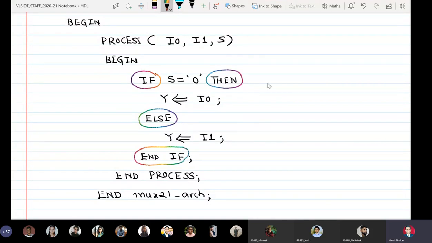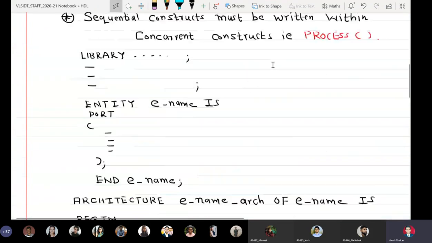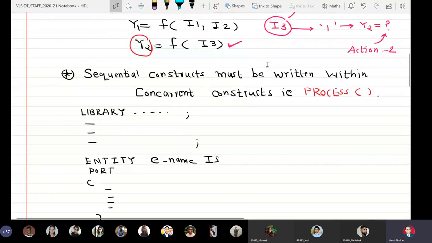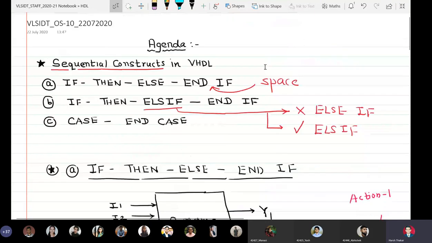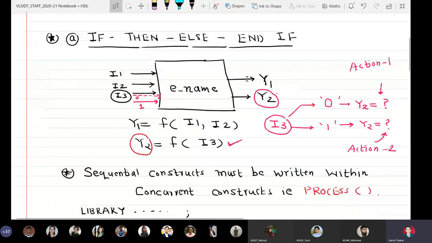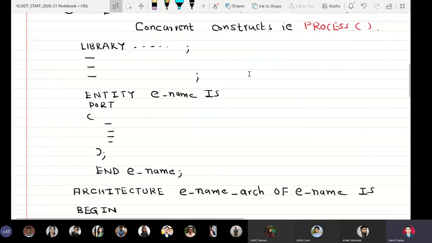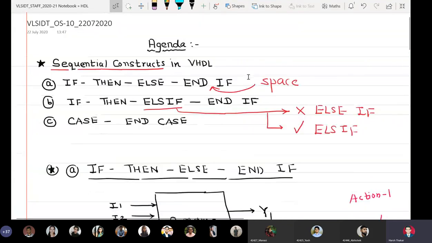I would like you to note that in the previous example, the input I3 can have only two values. So when two values are there for any particular input signal, we are supposed to use construct number 1. And when a particular input signal has three or more values, we are supposed to use if then else if and if.